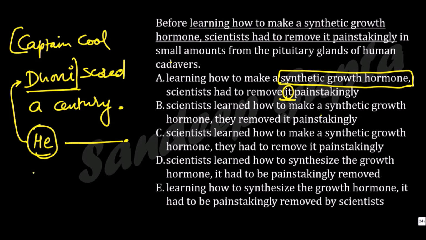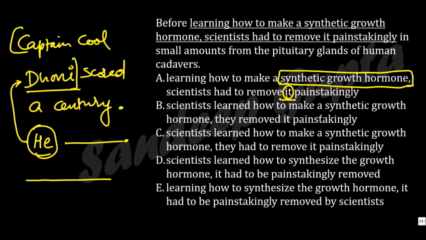If I say 20,000 strong US army was stationed in a particular area, it destroyed many targets. Now the word it cannot just go to US army, it will have to go to 20,000 strong US army. So the whole thing it will go to. If I say good people should donate money because they are so few, now the word they will not go just to people but to good people. So the pronoun should go to the entire noun phrase, or the adjective plus noun. So in this case, it refers to synthetic growth hormone.